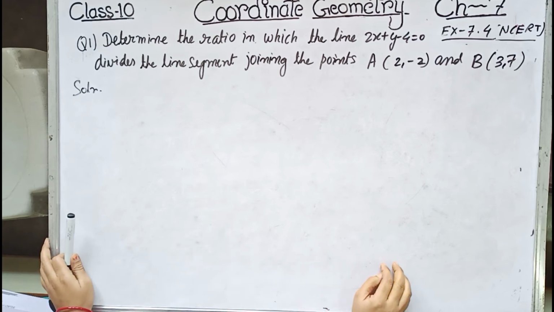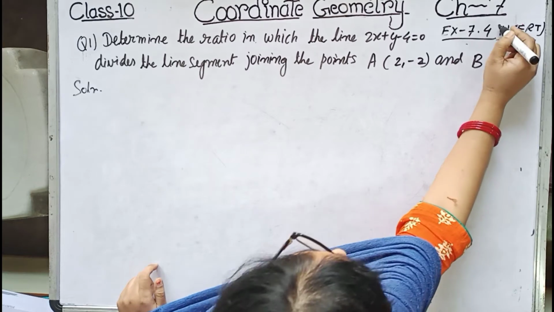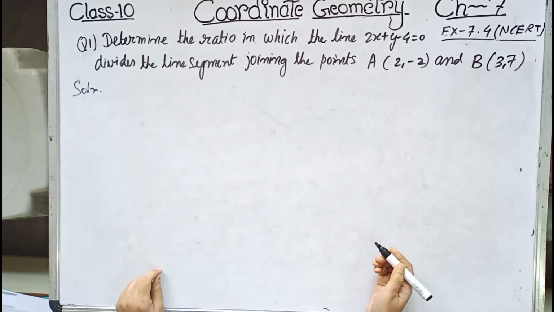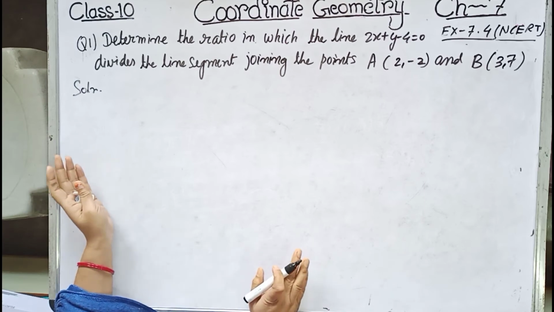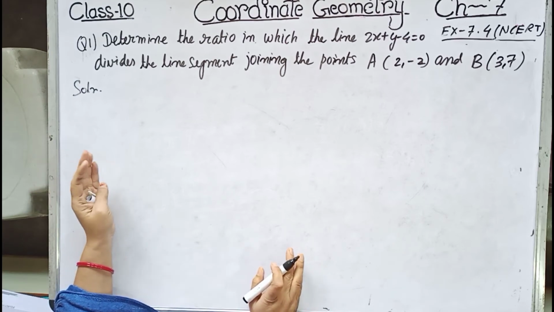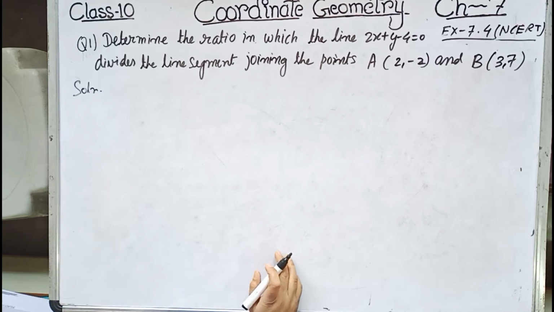Hello students, today we will be doing exercise 7.4 of NCERT. So till now we have discussed all the concepts of coordinate geometry. I hope that you have completed all types of the sums from RS as well as NCERT. Let us do 7.4. Now in 7.4,